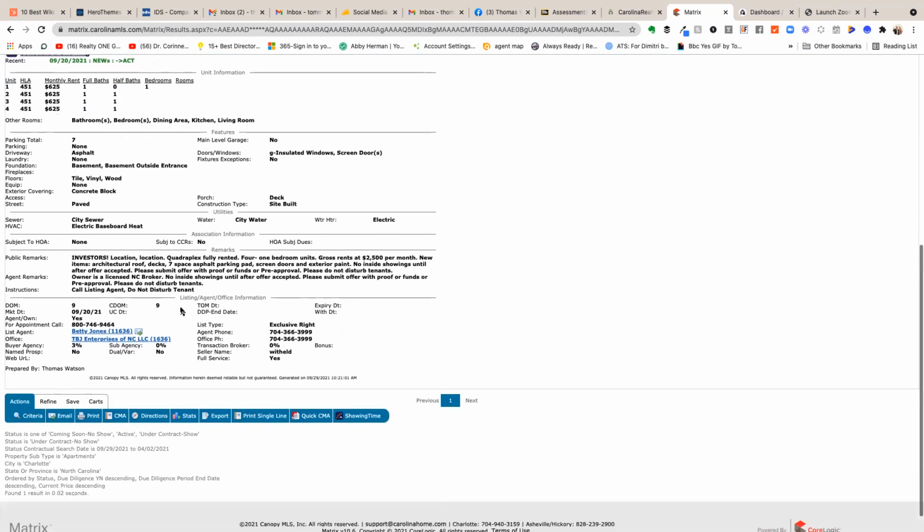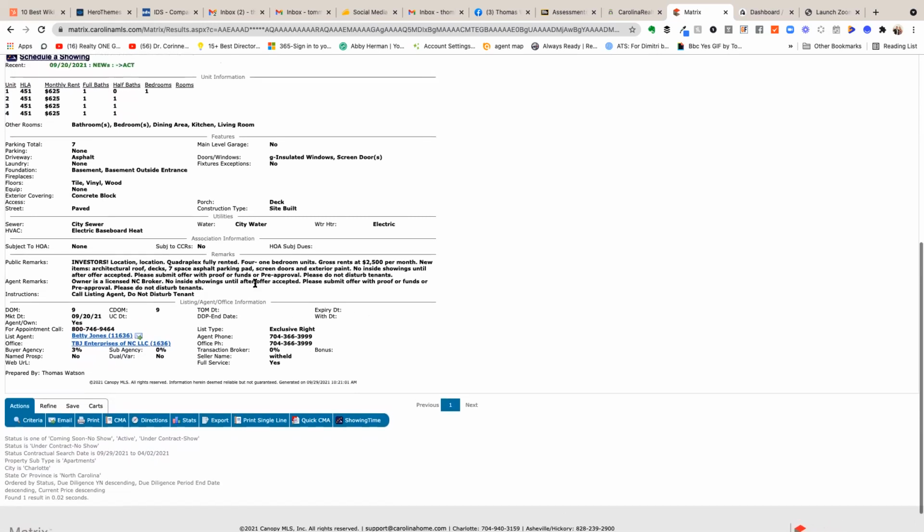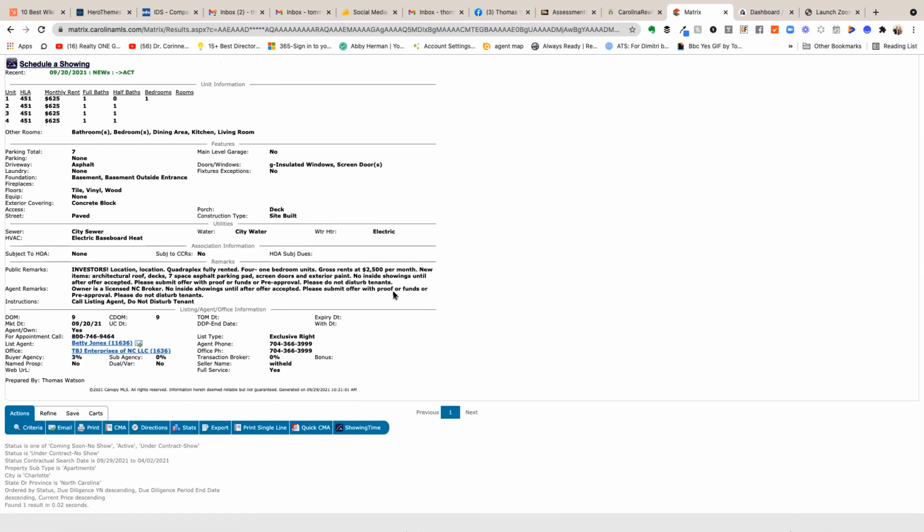And then under remarks, I always go there first to see how long it's been on the market, who is listing it, and what the commission is, of course. And then I look at the remarks, because sometimes an agent will give you information that'll let you know, well, this property is not going to be a good property for my client. Sometimes you have to call them or email them and find out, but